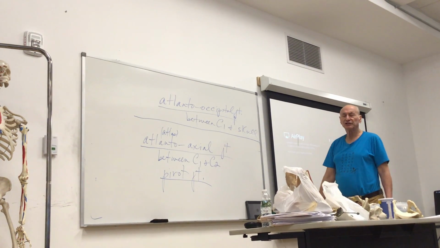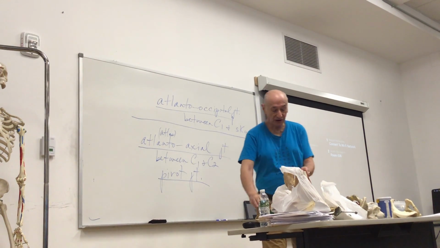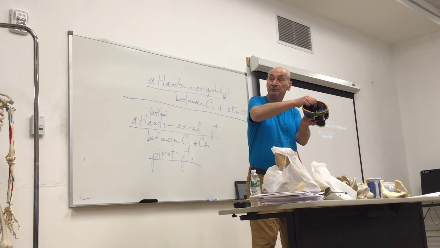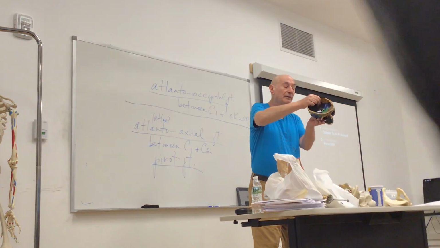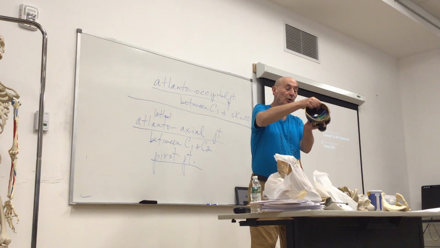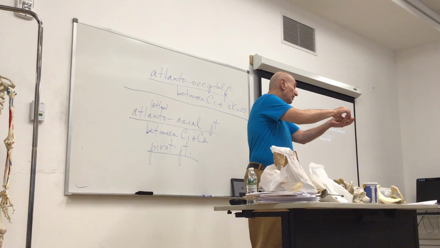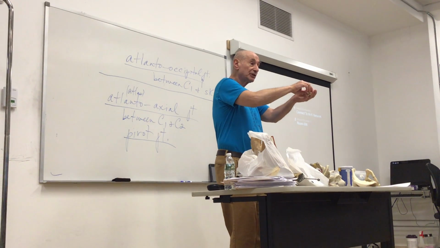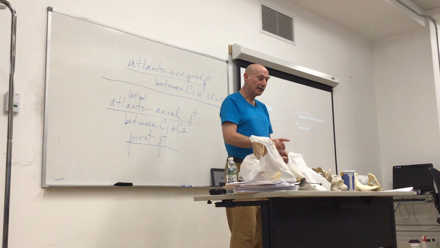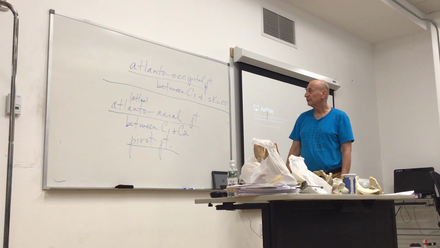Atlanto-occipital is between atlas and skull, and atlas is the only vertebra that articulates with the skull. It's really the occipital condyles and superior articular processes, but we're probably not going to ask that. The only vertebra that articulates with the skull is C1 or atlas, atlanto-occipital joint. And between atlas and axis is atlanto-axial, C1, C2. That's the pivot joint that allows for turning, rotational movement.